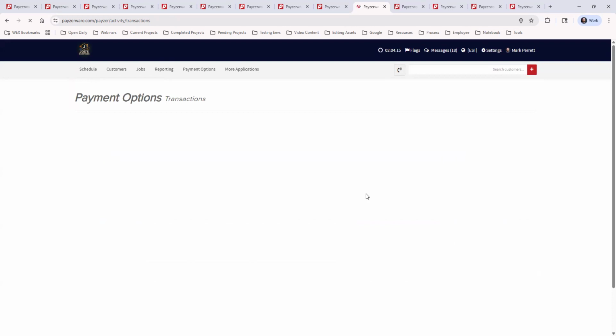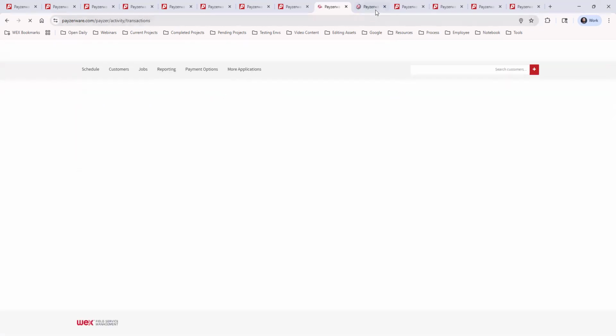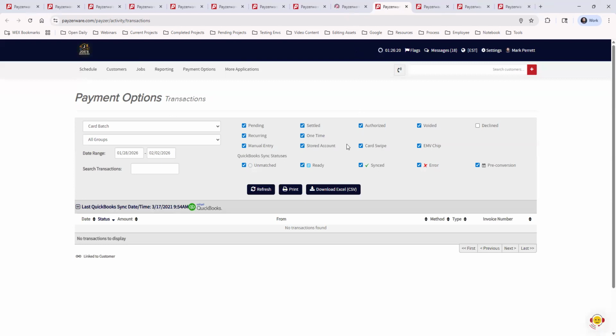And this is now a place to check your processing transactions. Let's see if I can get there another way. There we go. So the transactions page, now this is a test account, so we don't actually process real payments